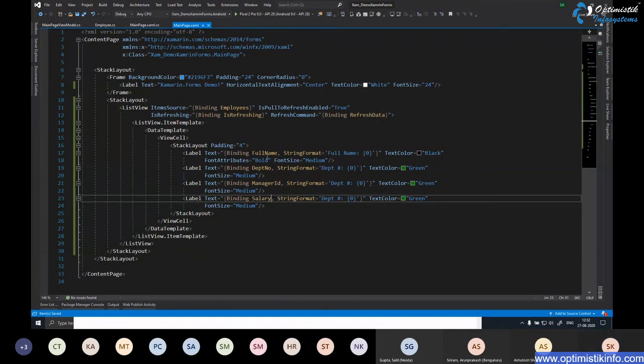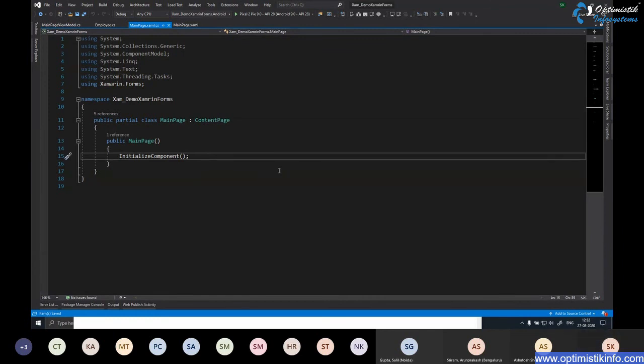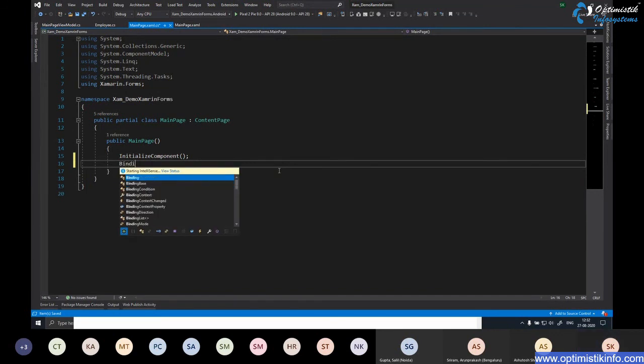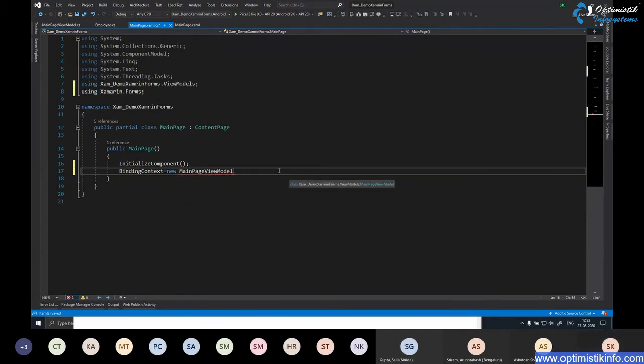Now, though we have given the binding for the fields, we have not yet instantiated our view model class anywhere, and we have not added it to the binding context for this page. So I go to the backend, MainPage.xaml.cs, where in the constructor I set the BindingContext property equal to new MainPageViewModel,